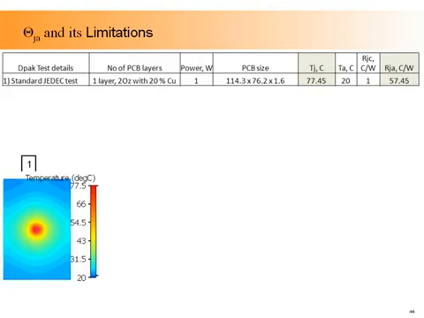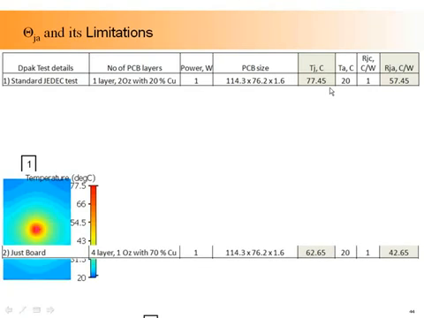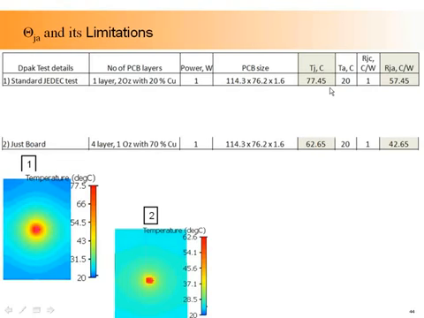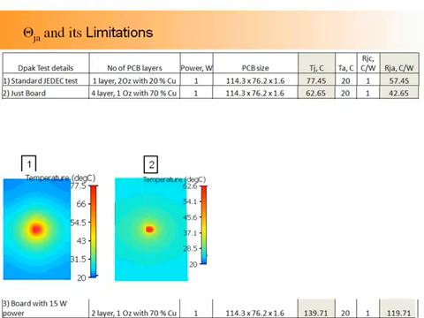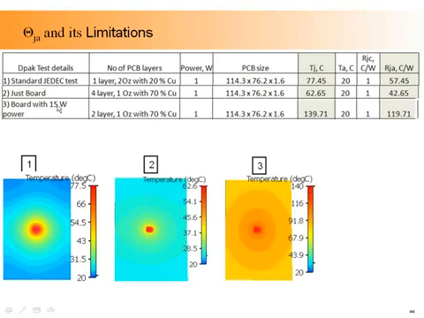If you did only one device, its junction temperature is 77. However, let's say your board temperature is 62. Now let's say the board is dissipating in addition 15 watts of power. What happens is that 15 watts of power is going to heat the board up. The junction of the device has gone up to 139.